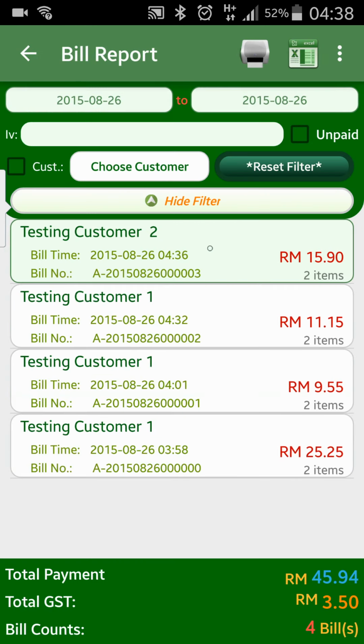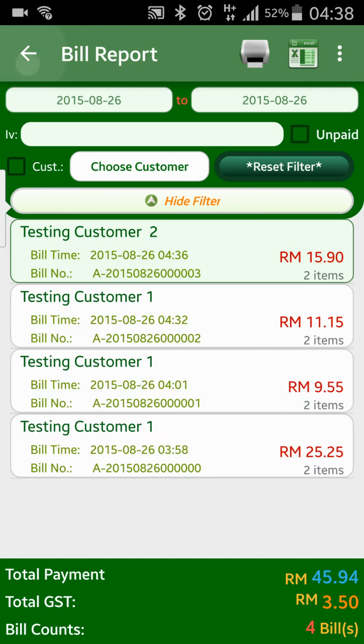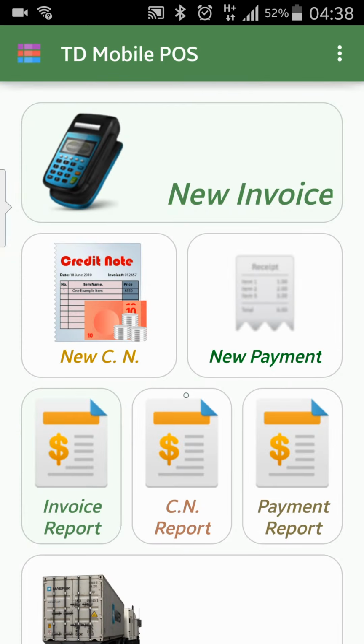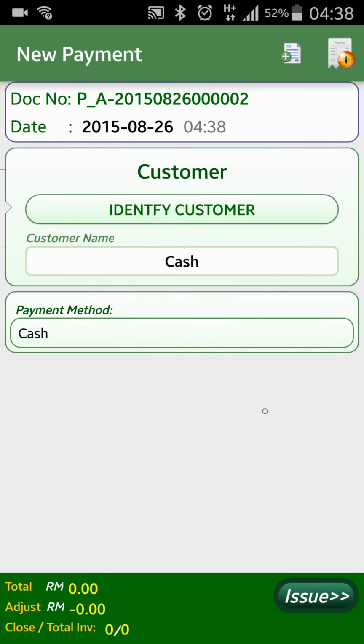We can go back. If we check the unpaid, only the unpaid invoice will be displayed. We can go back. And now we want to issue a new payment for this invoice. Click new payment, identify this customer,